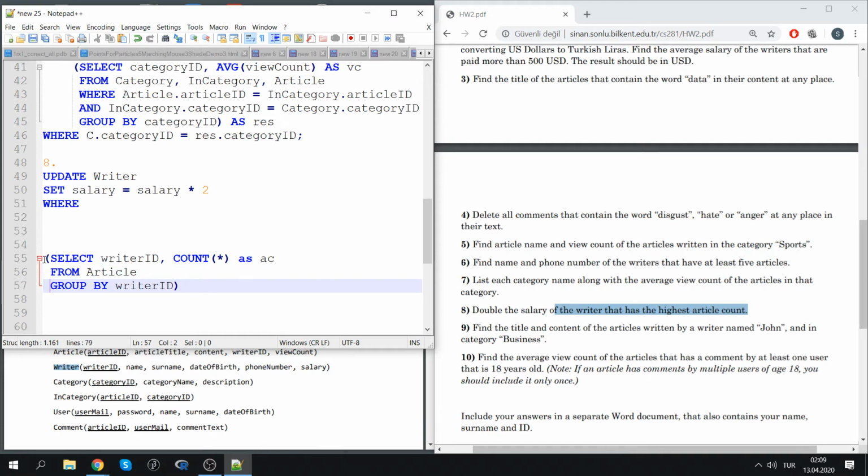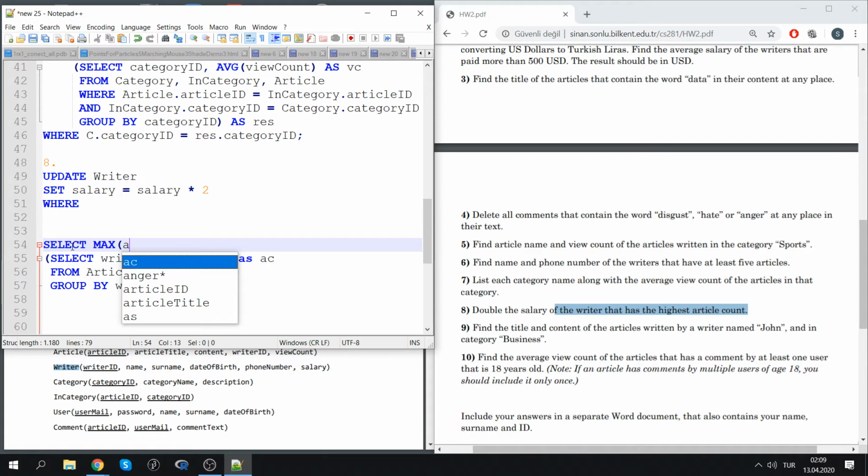So we can include the max in this position as well. But let's try to keep it more generalized. So I'm going to say, okay, this is yet another result set. Let's call it res. And within that result set, I can select the maximum of AC